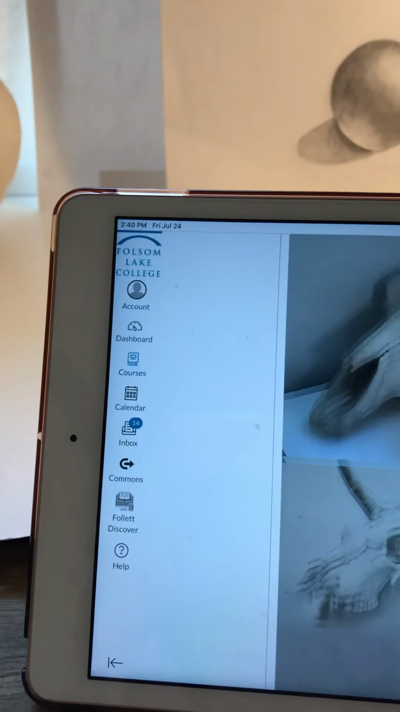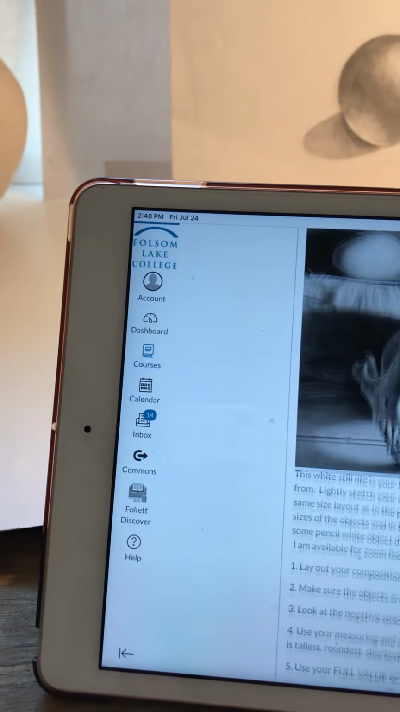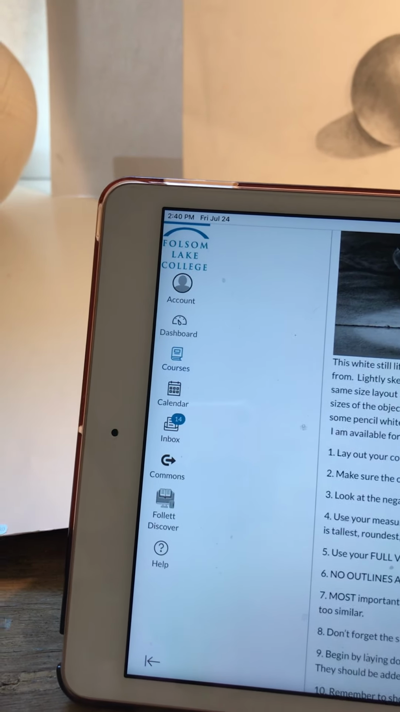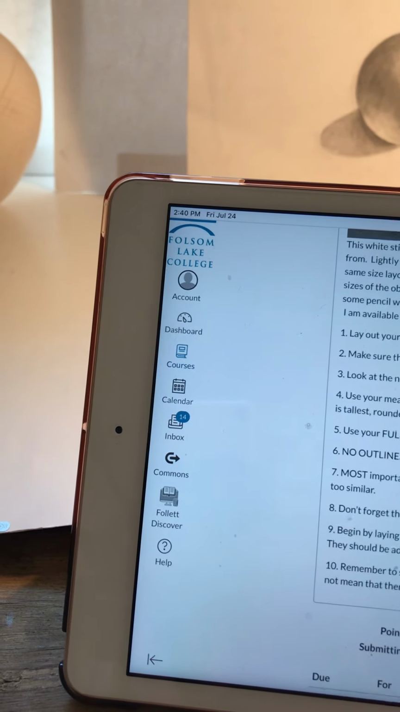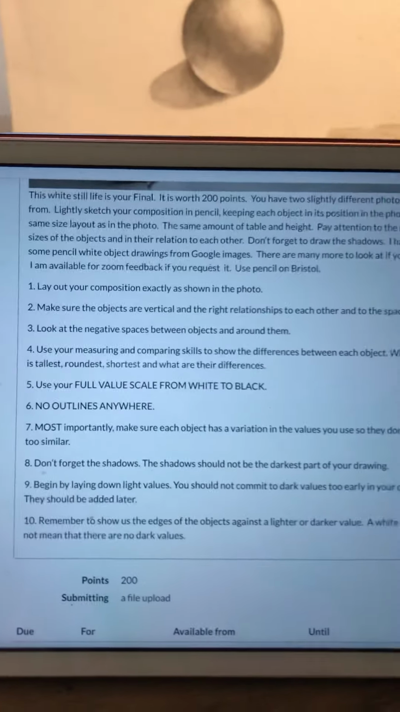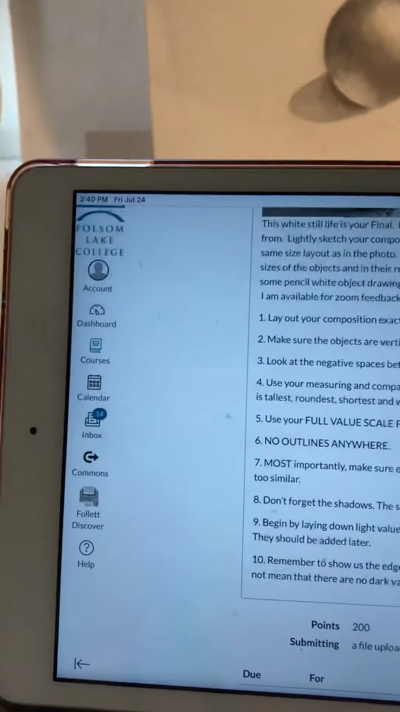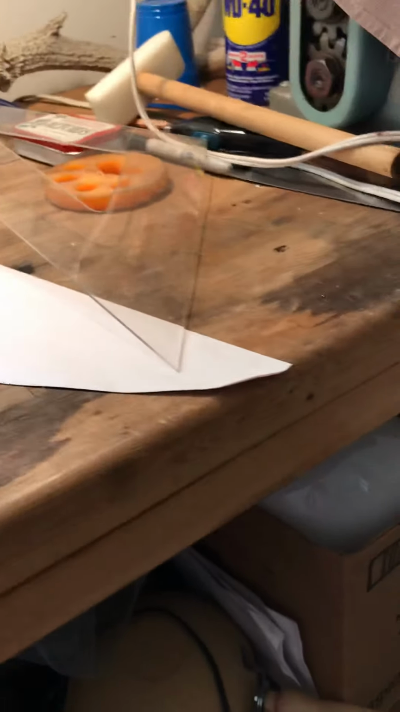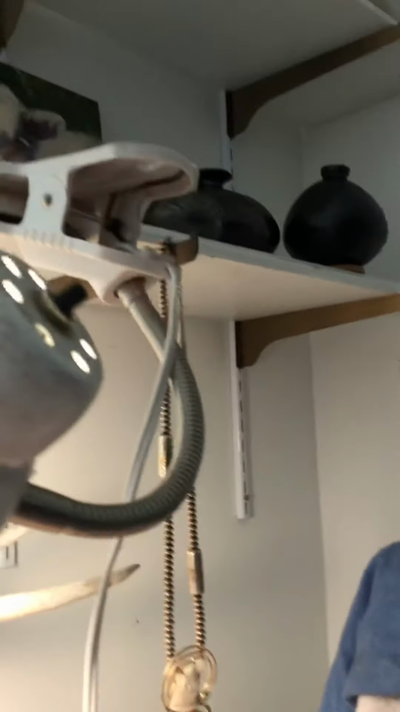So I want to go over the instructions with you, and you will have this later today. So the first